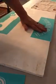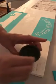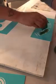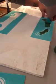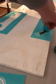I'm going to do this one real quick, and I'm going to do it in Evergreen, which I have my little stick in here, and I had it stirred up. So I'll start with the easy one, in my opinion, first. So we're just going to go ahead and put a little bit on, like so. And then you're just going to gently run it over the silk screen, and you can just pull it at just a slight little bit of pressure to your squeegee and just slide it right across your letters,